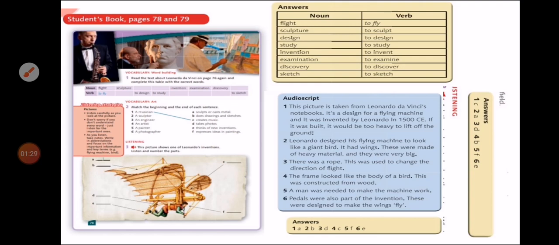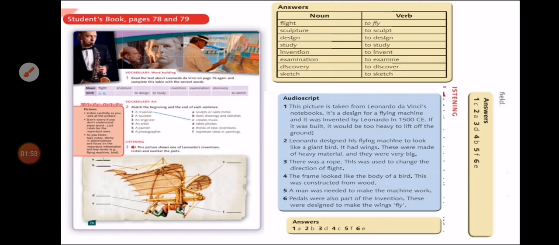Now invention من دلالات الأسماء اللي هي TION. Now invention اللي هي to invent. Examination to examine. Discover. Now sketch to sketch. إذا الفيرب والنون منهم the same. Okay now